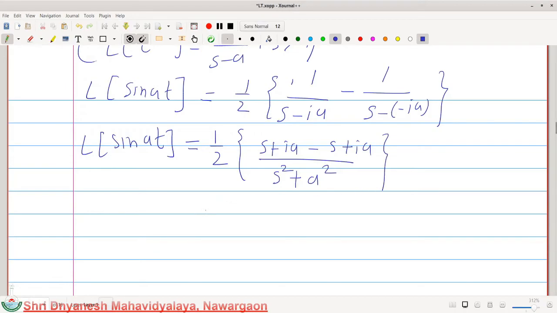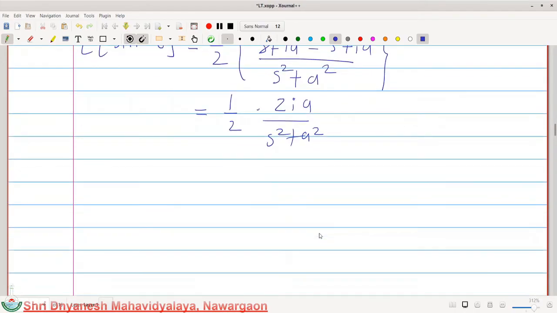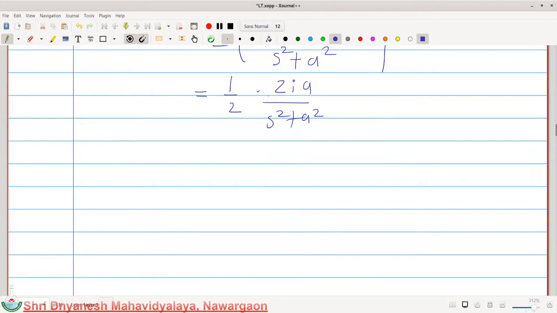You can get this easily by solving. 1 upon 2 into this, the s and this s will get cancelled. ia plus ia, 2ia upon s square plus a square. So this 2 and this 2 get cancelled, and the final answer we get as Laplace transform of sin at equals to